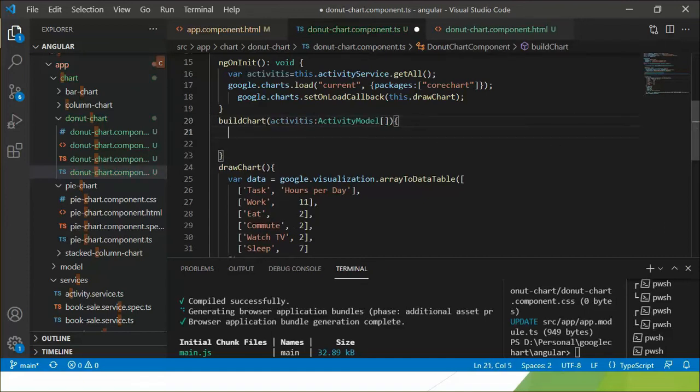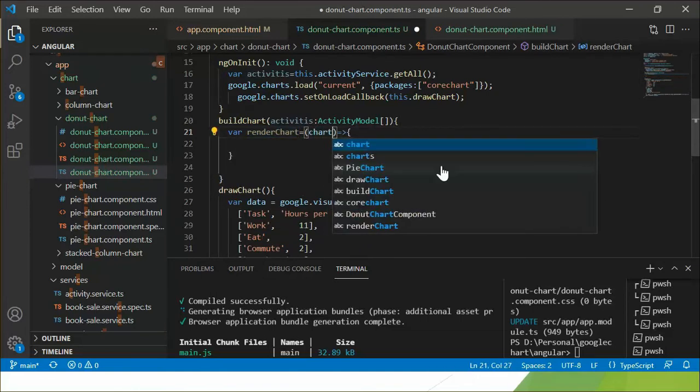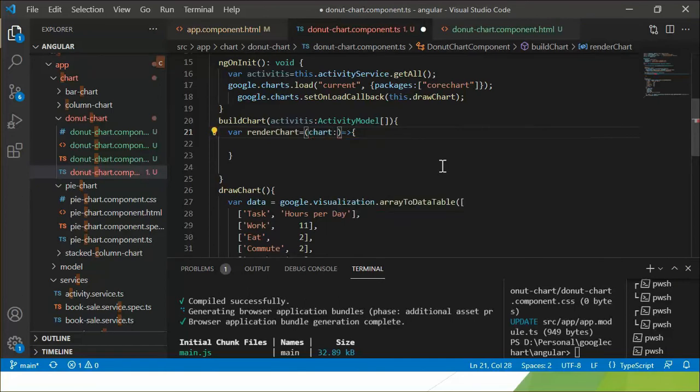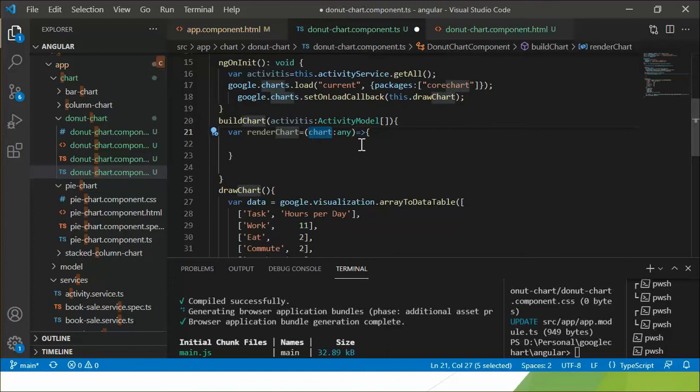Okay, within this method I am declaring the render chart method, and this method has parameter chart. This chart can take a method.